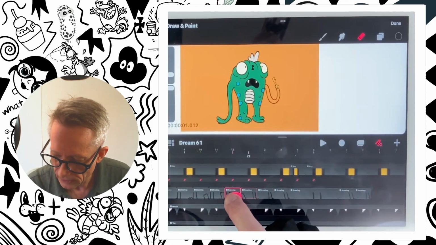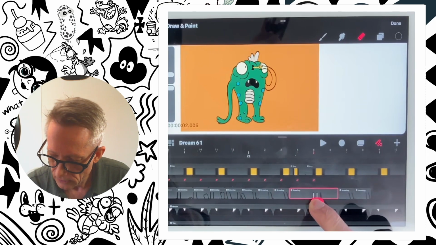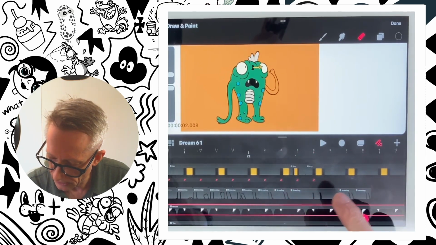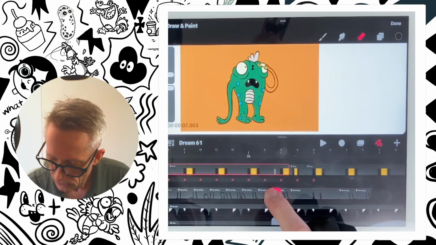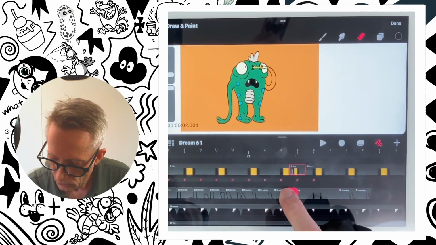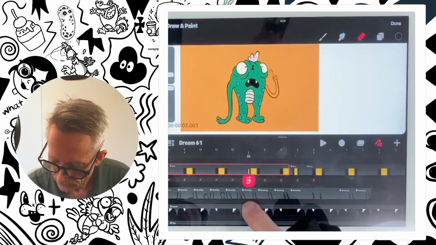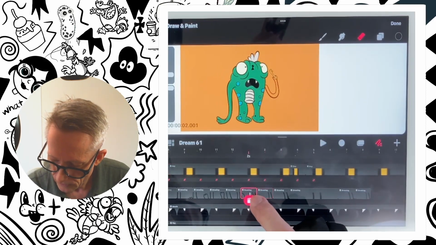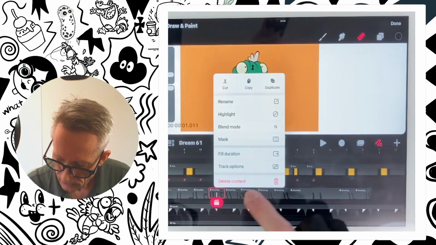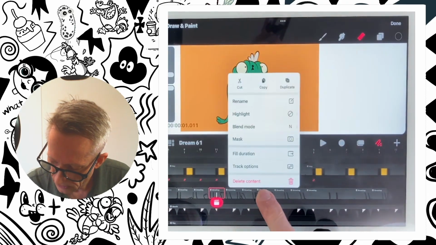All right, and so then he comes down one more. 1, 2. All right, and then we'll get that next one. So was that 1, 2, and then we need that one. This one right here. So we're going to duplicate it, and we're going to take it and slide it over